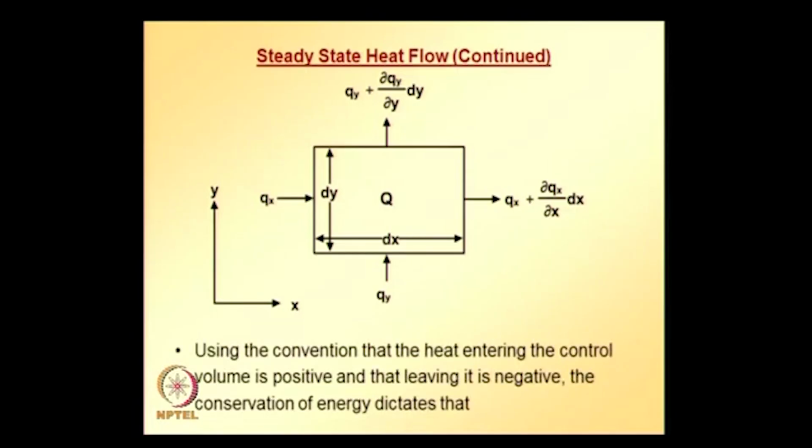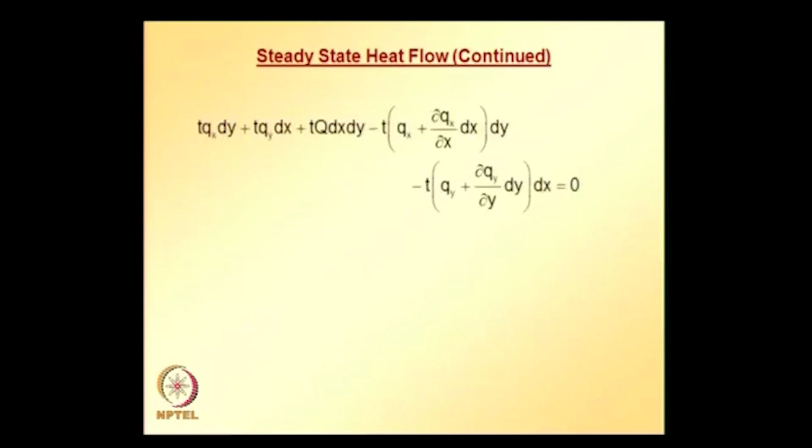Using the convention that heat entering the control volume is positive and heat leaving is negative, the conservation of energy dictates that, writing the equilibrium equation, we get this, and cancelling terms which are higher order or which are the same in value, we get this,